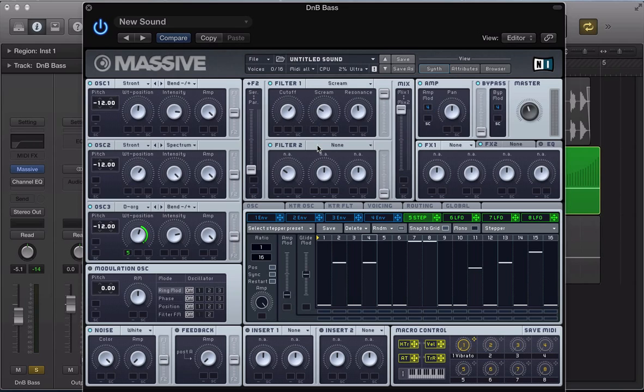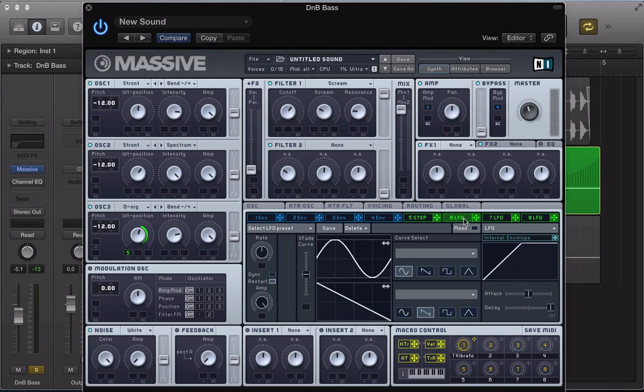The scream I'm going to bring down to about 1/3, and the resonance to just past a 1/4 of the way up. And for starters, I'm going to modulate this cutoff frequency with the second LFO here. So click and drag the crosshair, this LFO, to the cutoff frequency, click and drag up to apply a full amount of